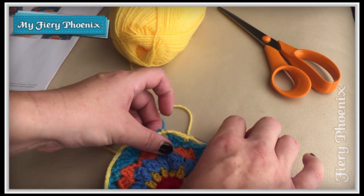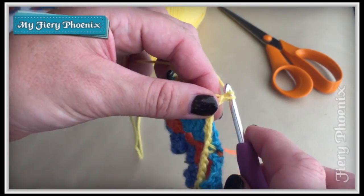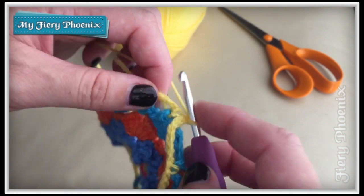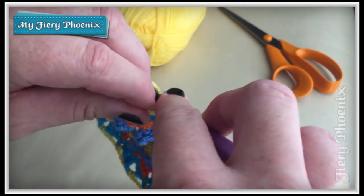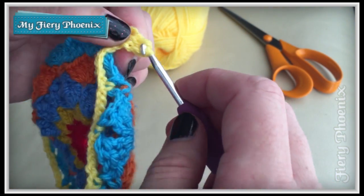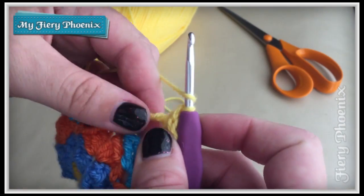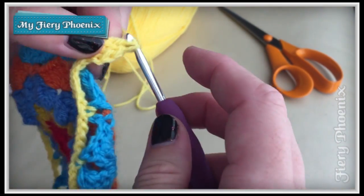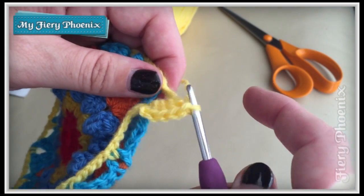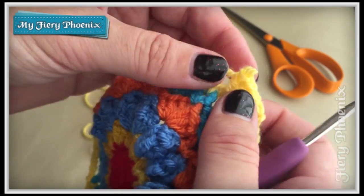So we start off and we're going to not change colour this time, which means we can now think about weaving in these ends, and we're going to be chaining 2, which is going to represent our first treble, and we're going to be filling this batch with 5 trebles, so we need to do an extra 4. So tying in that tail, we now have 1, 2, make sure that I've got enough loose yarn, 3, 4. So we've got the 4, plus the 2 that I initially created, and now we are